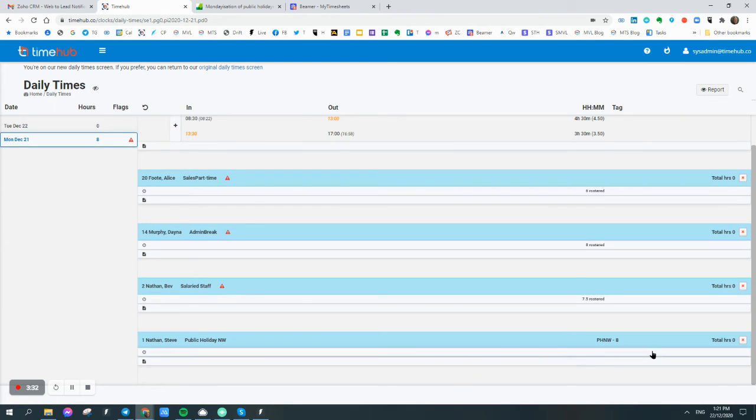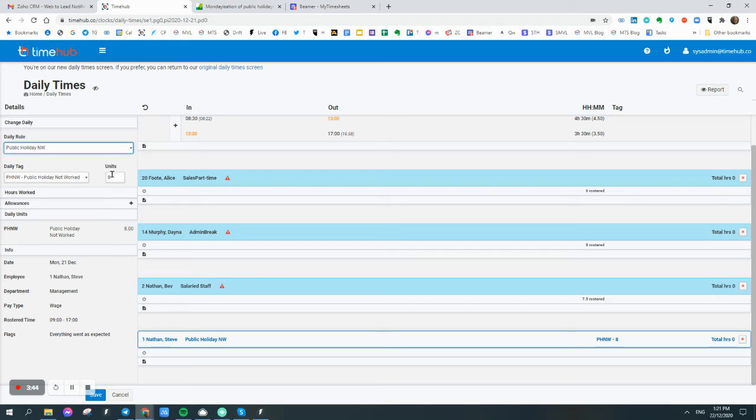Now, if TimeHub generates a default number of hours based on what its expectation is, and you don't like that number, then you simply come in here, click on this blue line, and you can edit those hours if you wish. Now, only edit them if you think they're wrong, and typically they will be based on what the expectation is. But if the employee's on completely the wrong roster, or there's some other effect, or they're a part-timer and you want to pay them more than what the system is generating, you can edit that.